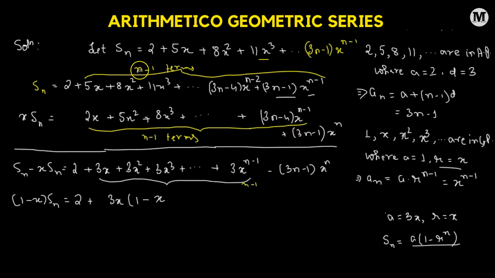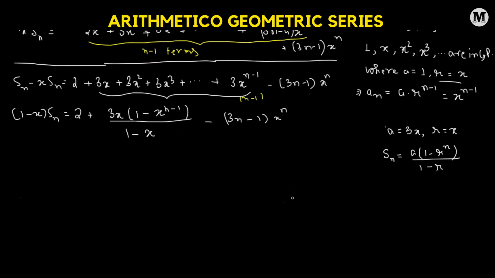So we subtracted n minus 1 terms of xSn from n minus 1 terms of Sn. So that's going to leave us with n minus 1 terms in this particular geometric series. So that means we have to raise it to the power of n minus 1, whole divided by 1 minus the common ratio. So that's x minus, we have the term 3n minus 1 multiplied to x raised to the